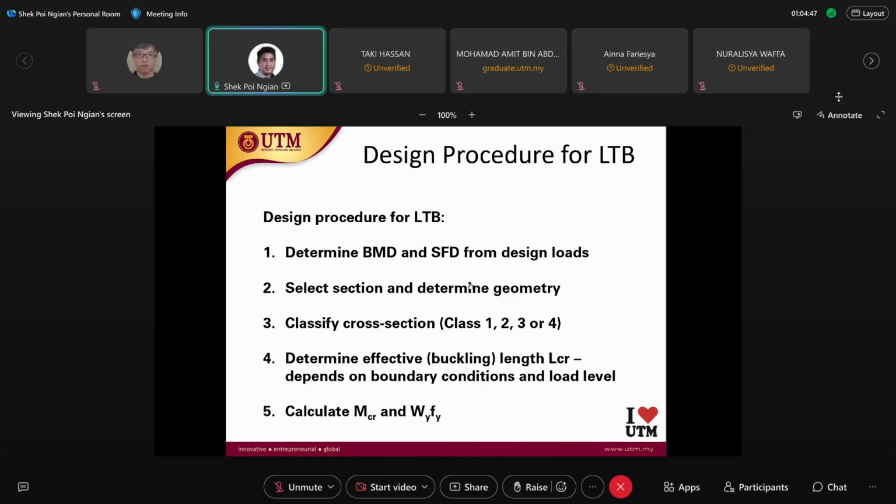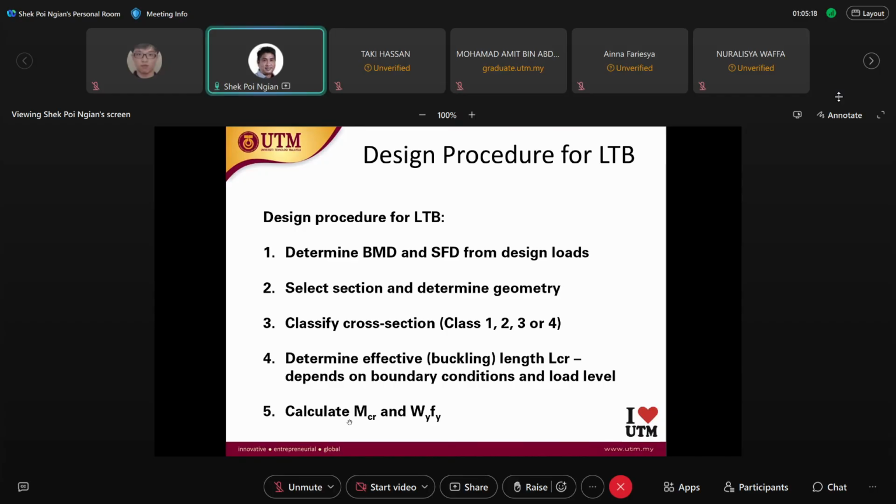Third, we classify the cross section, doing section classification. Fourth, we determine the effective buckling length, LCR, depending on the end support connection. And fifth, we calculate MCR and WyFy. At step 5, we have to get the C1 factor, and then calculate the